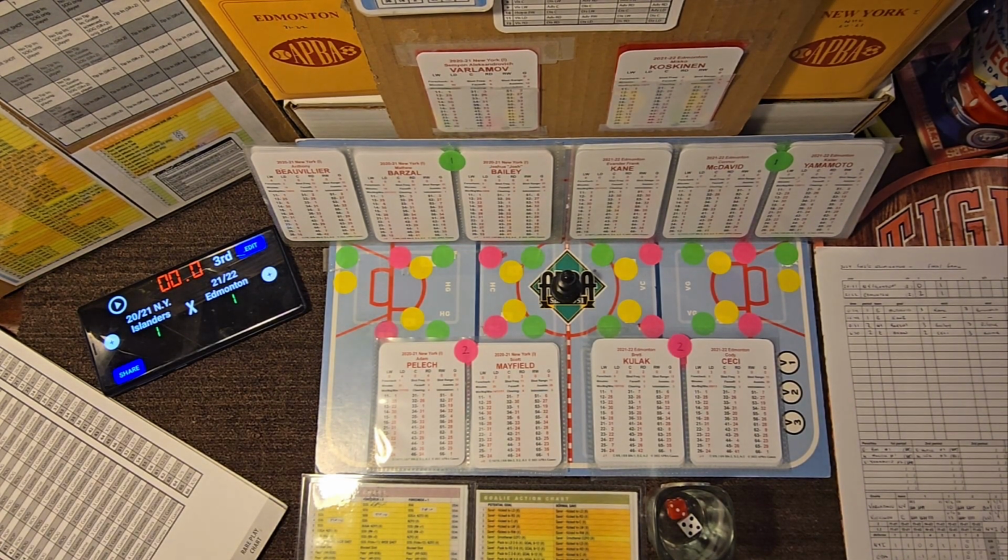It's ready to start the third period of the single elimination tournament I had going here. This is game number 15. It's the Islanders against Edmonton, and Edmonton is ahead 3-1 with a goal by McDavid, a goal by Kane, and a goal by Ryan. In New York, Barzal scored a goal. So we go to the third period,